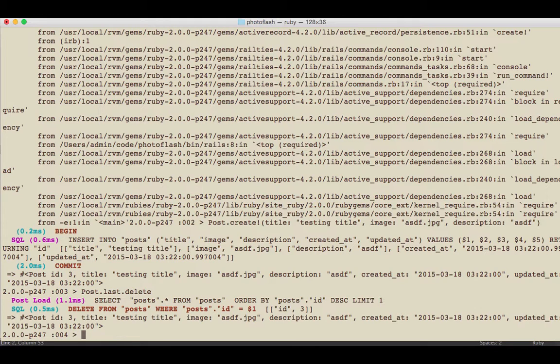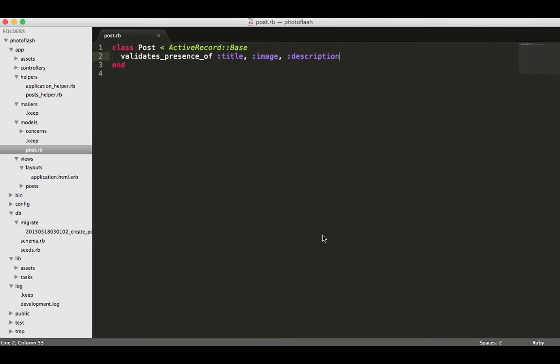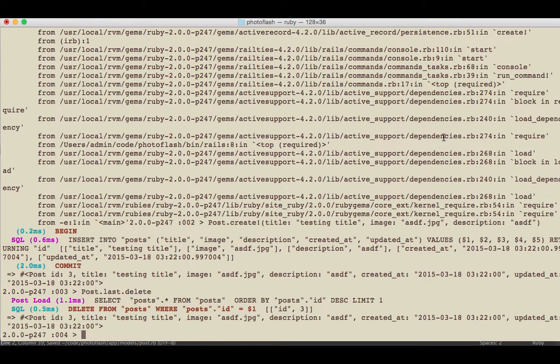Now one thing you should also know is that not all of that's necessary. So if I switch back here, title, yes, everyone needs a title, and an image, yeah, it's a photo blog, everyone's going to need an image, but description's optional. We can just get rid of it, pop back into the console, type in reload, and this is an important thing to know. The system does not know about this yet. So if I do